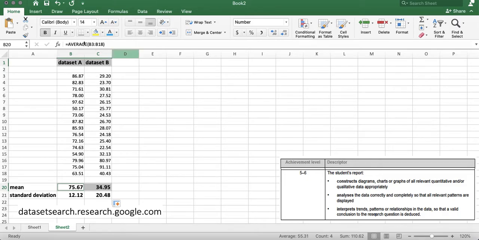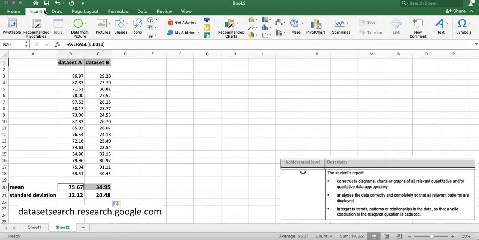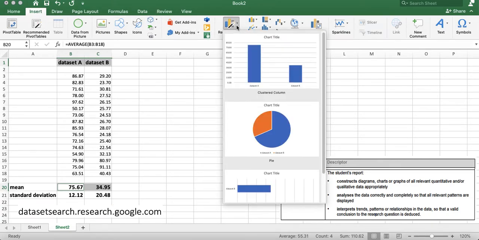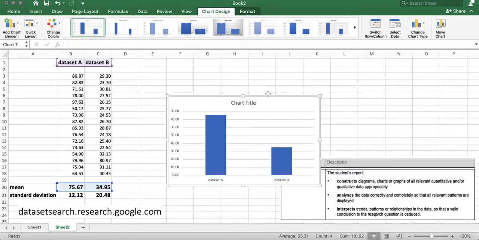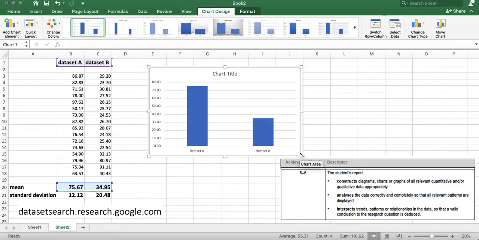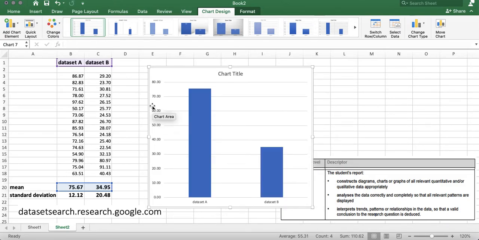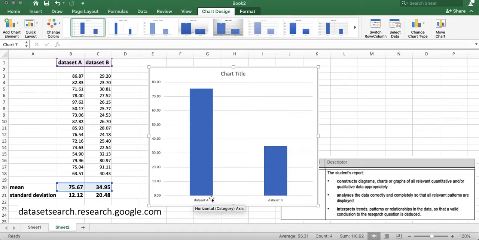So to draw the graph, you go to Insert, and I think the easiest thing is to go to the chart wizard or recommended charts. And the top one here is a bar chart. I think that's the one I'll use. Press enter, and Excel pretty much does everything for you. It puts the correct scale on the y-axis, and it's put the correct categories on